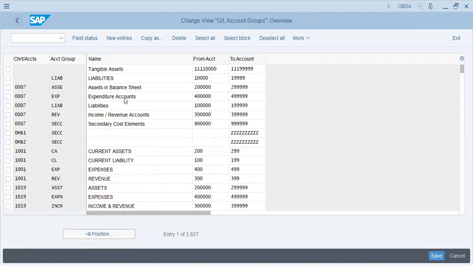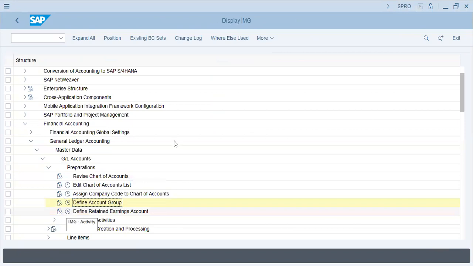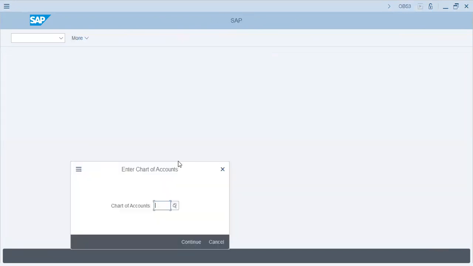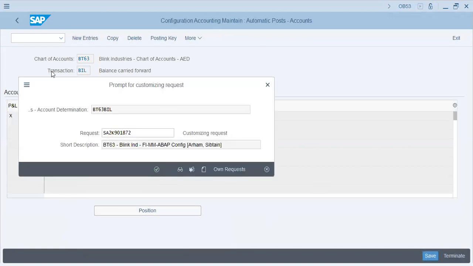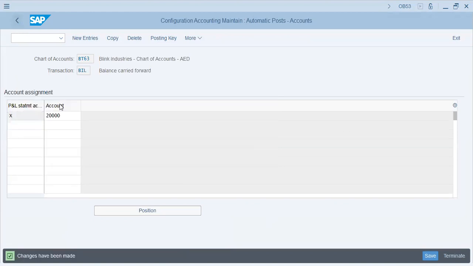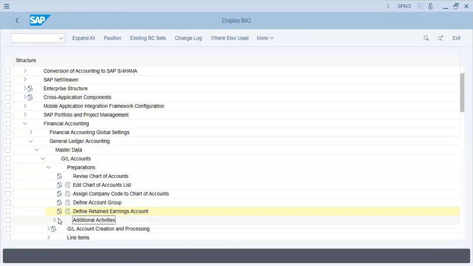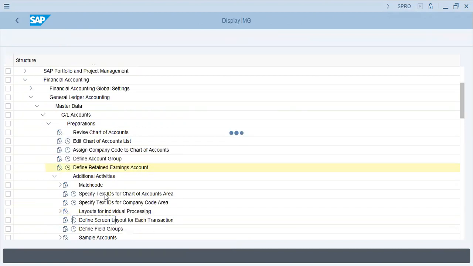Okay. Next is define retained earnings account. Chart of accounts is BT63. X 20,000, and 20,000 actually falls in equity account. It says it is not made, so just press enter to bypass it. Save, save. Okay. Then